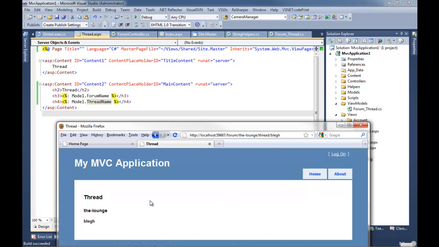So now we have URL parameters being piped in through our controller, and our controller can act on the model to transform this data into something else, like a database call or the current replies in this thread. Then it passes that data into the view through the view model, and then the view prints it.